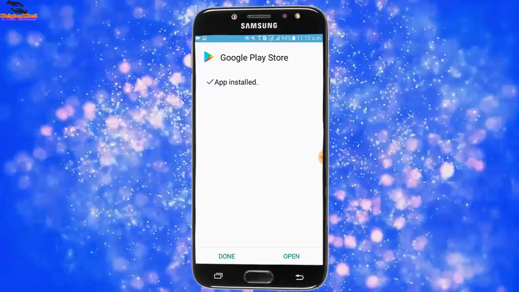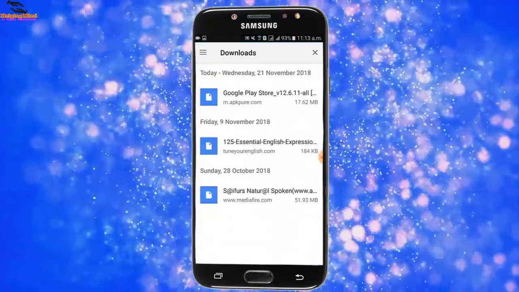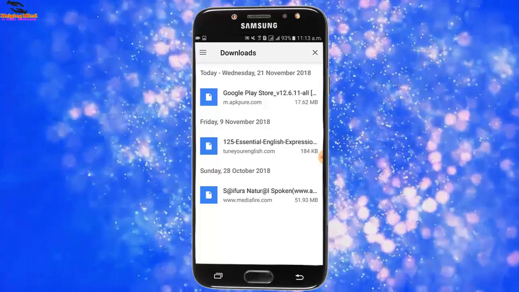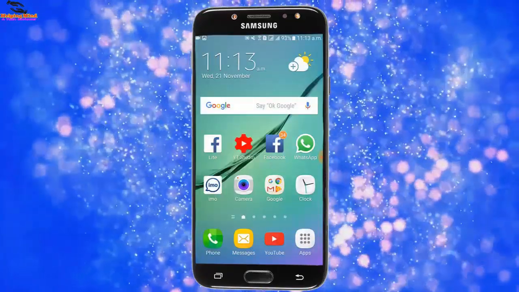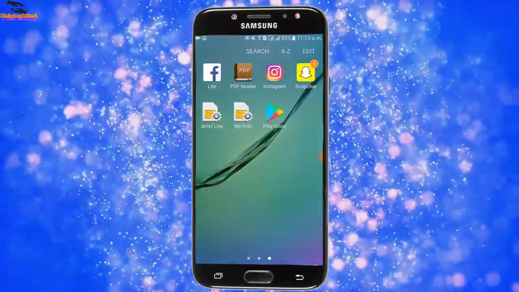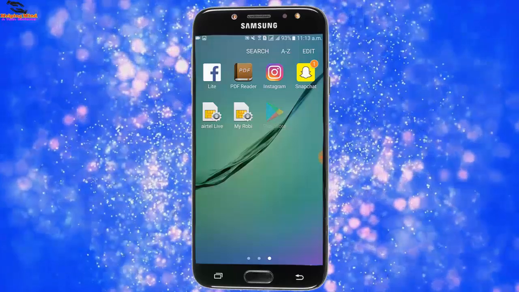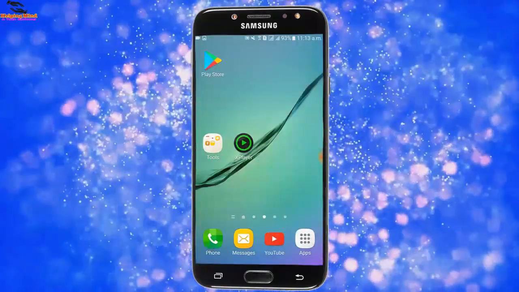Install complete. Now I will tap on done and I will go to my screen to see the Play Store. I tap on apps and swipe my screen and we can see the Play Store is installed on my screen.